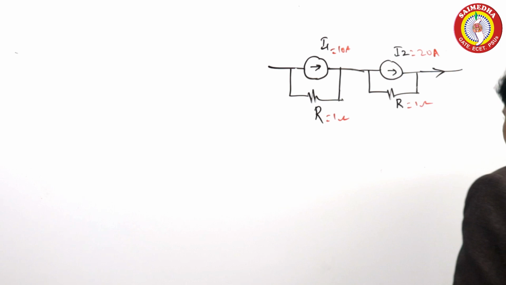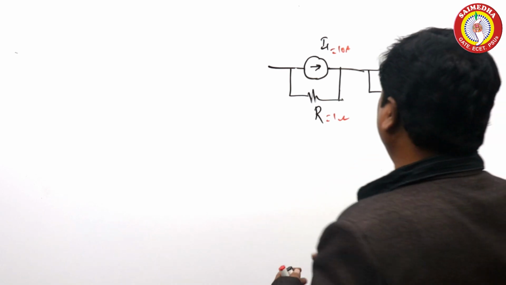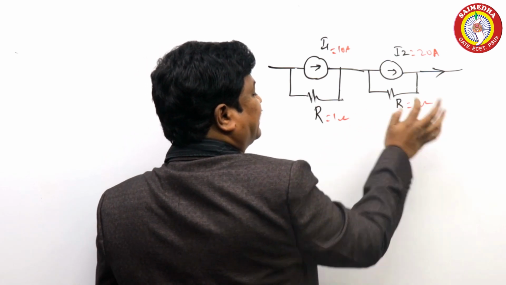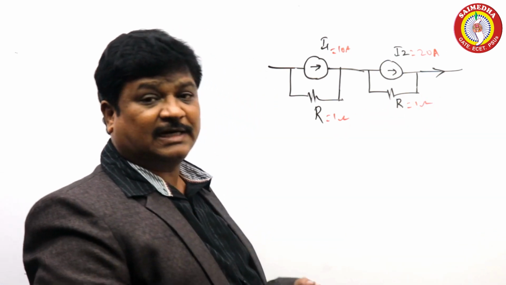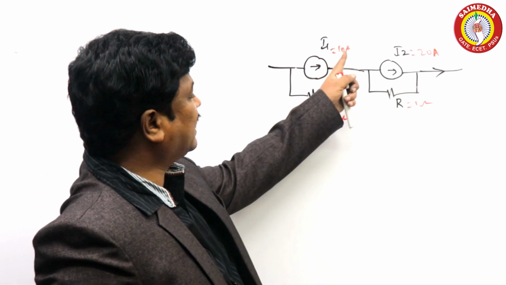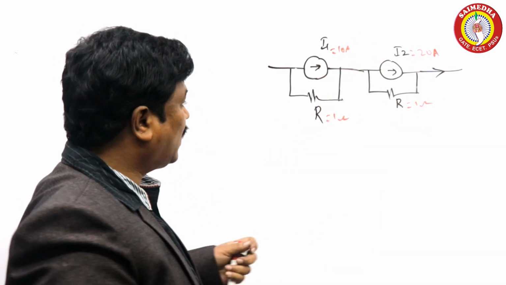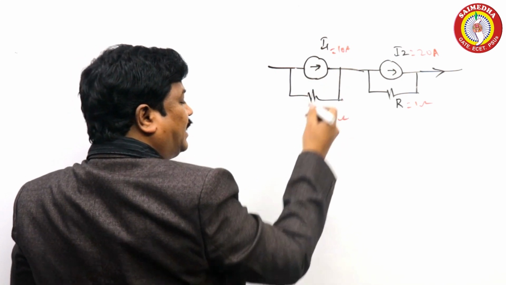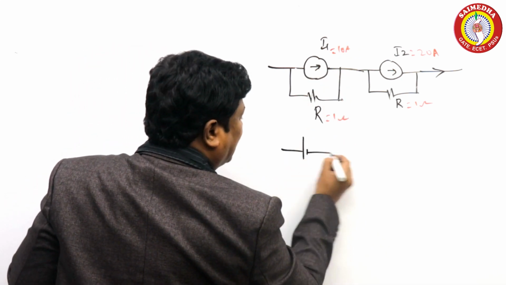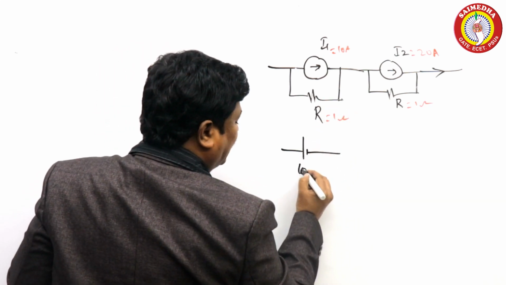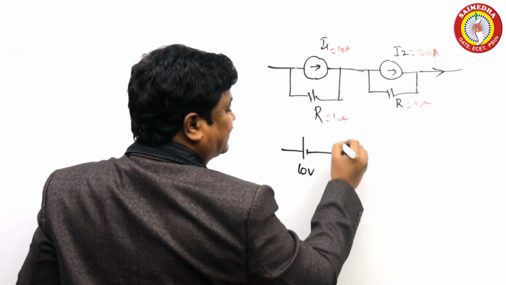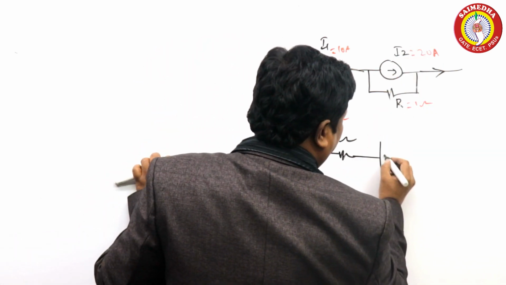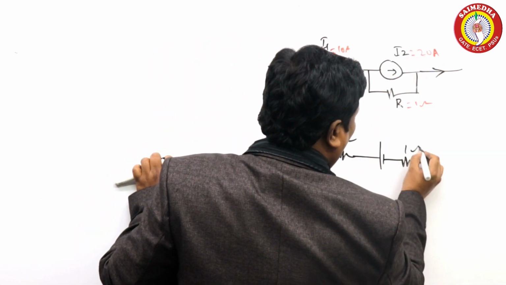Now you see here, how can you get the current? I told you the answer. Suppose this is 10 amperes, this is 20 amperes. Each has 1 ohm resistance. What is the resultant current I told you? The resultant current is between 10 and 20 amperes. How can you get it, sir? Convert your current sources into voltage sources. A voltage of 10 into 1, this is 10 volts, having a series resistance of 1 ohm. Or 1 into 20, that is 20 volts, with a resistance of 1 ohm.